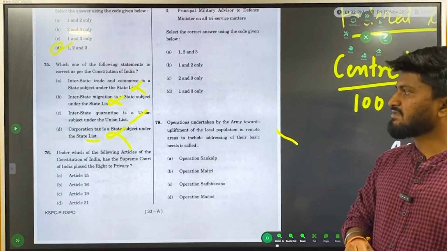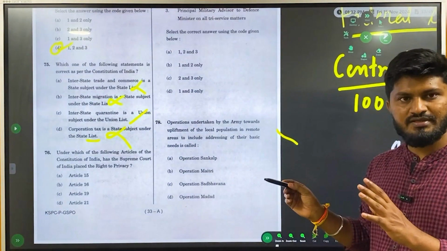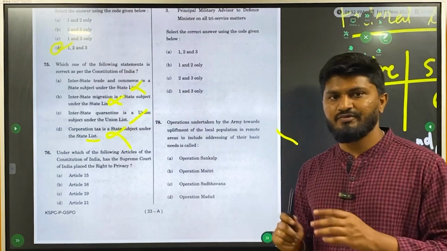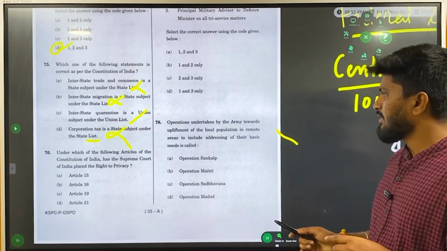So the correct answer here is option C. What you use here is common sense. Common sense also works a lot in your previous prelims questions. Next question is,